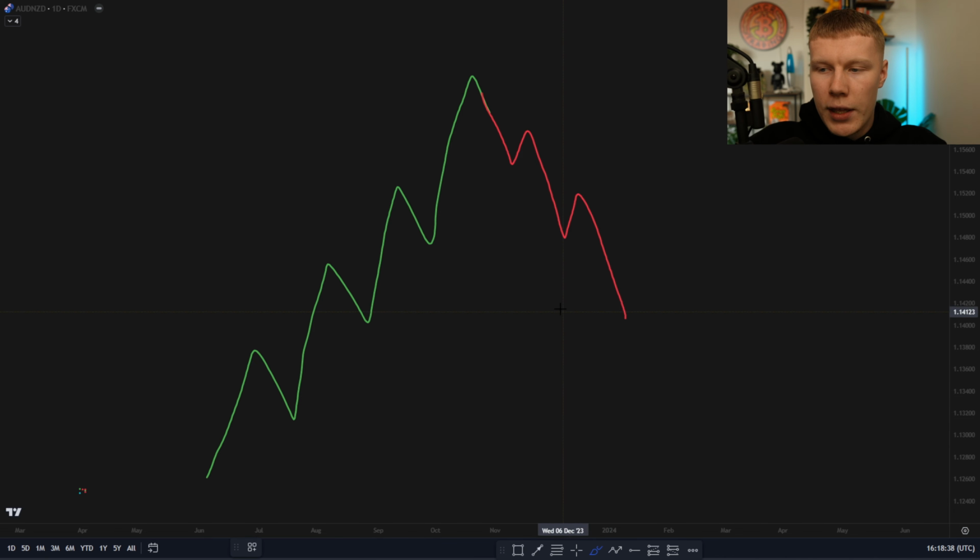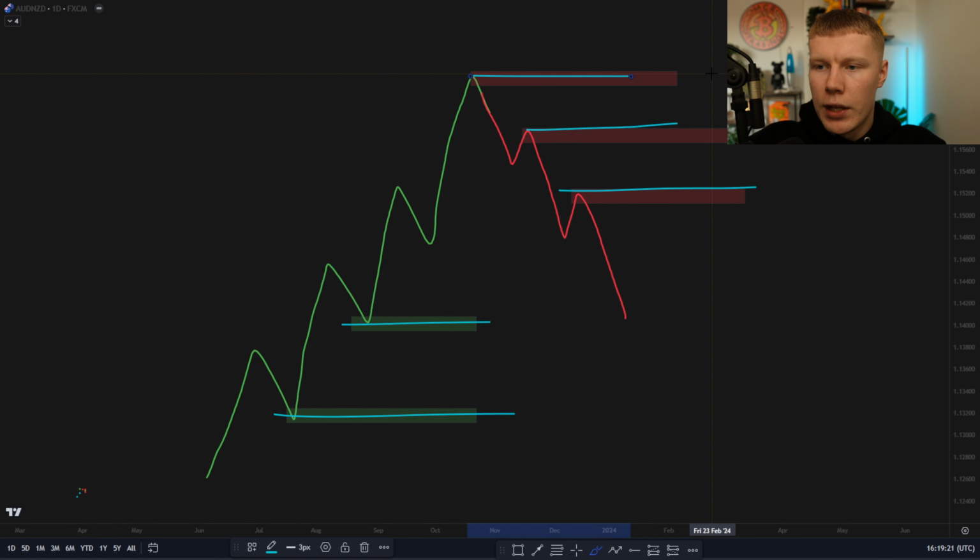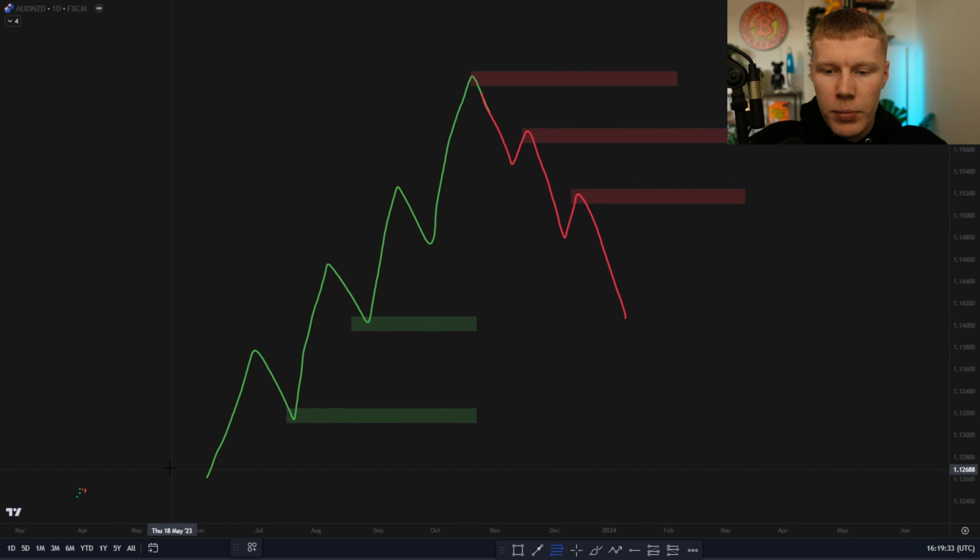So for example, here, we can actually draw multiple Fibs because as you can see, there's multiple buy levels and there's multiple sell levels. Now remember, we can't just draw one Fib for all these levels. We have to draw a sell Fib for the sell levels and a buy Fib for the buy levels. So how do you draw the buy Fib? Well, you draw it from the very low to the very high,